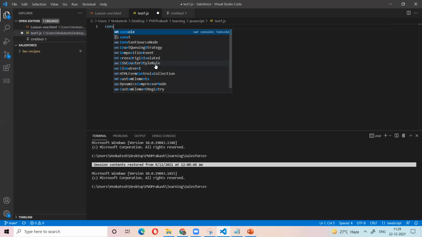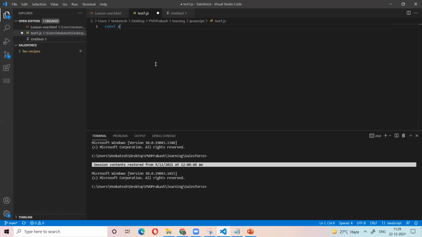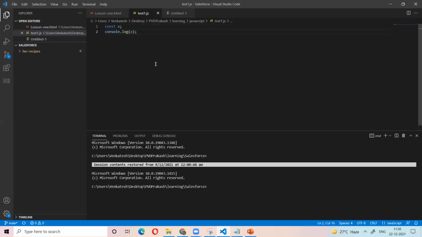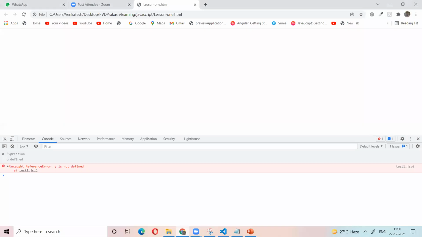So const x. Same as let x, it is const x. So in memory, the name x is defined. Now let's try to print x. We just declared the constant and did not give any value. Let's see what the output is.